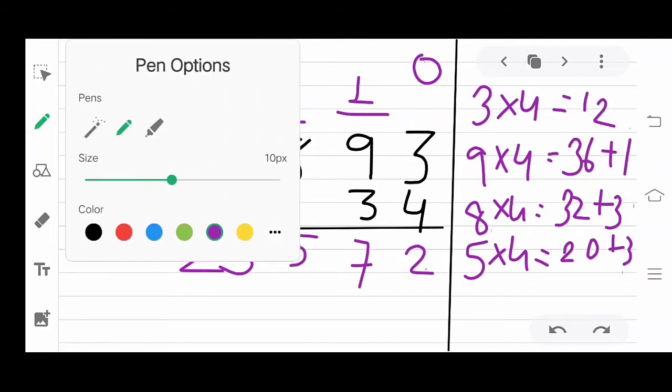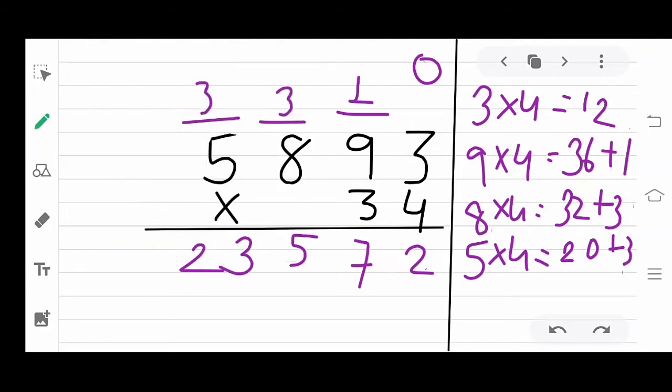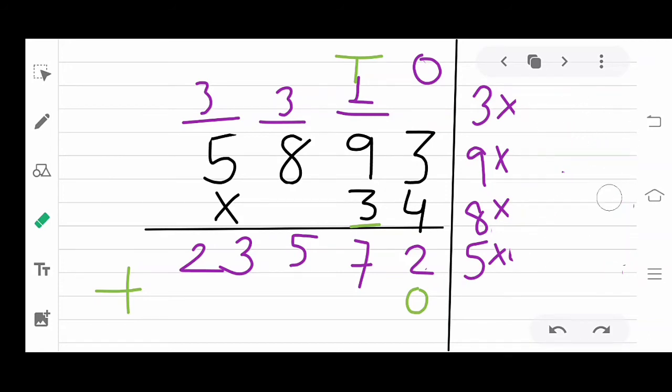Now I've changed the number so we can easily understand. And students, now we move to the tens. As I already told you, when we multiply by tens, for example 5893 multiplied by 30, it is called 30. So we first add 0 here, and now again we start and repeat our process. The front number remains the same, and see, 3 into 3 becomes 9.